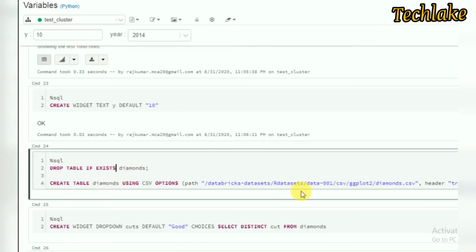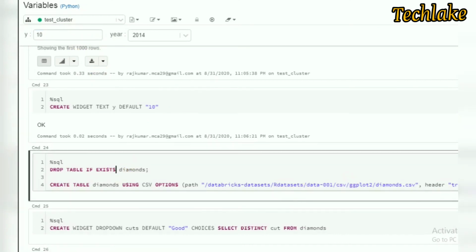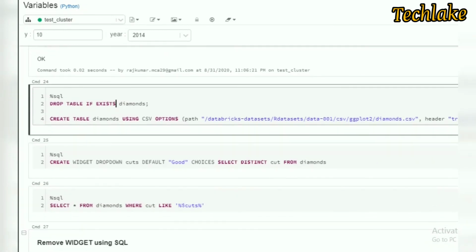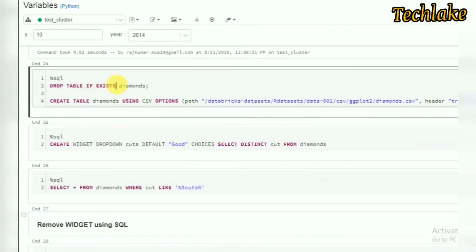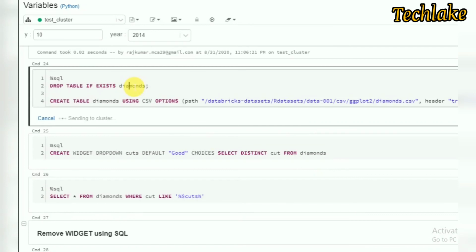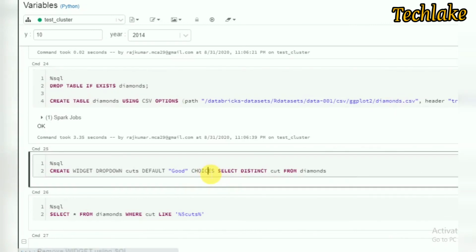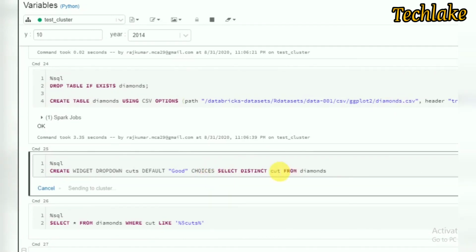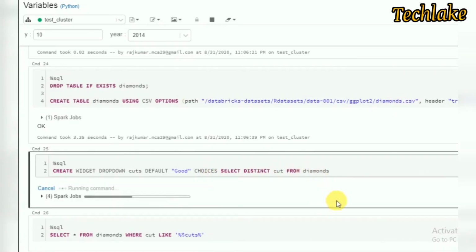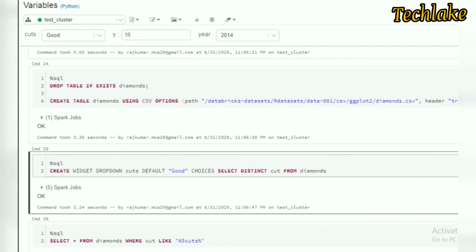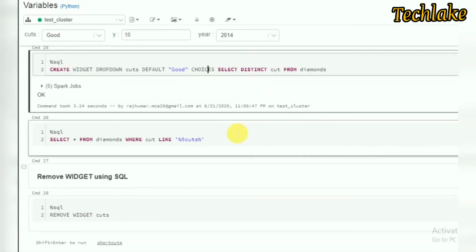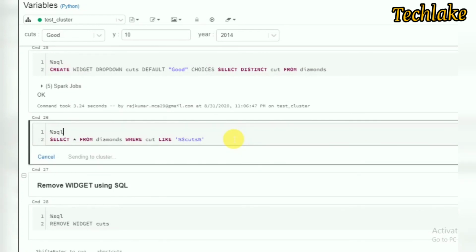So what I have created, I am creating another table from this diamonds file. Then I am creating another widget drop down from this table. Then I am using it in the where clause.